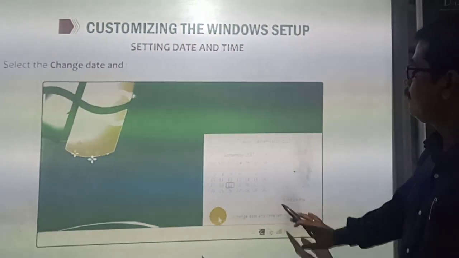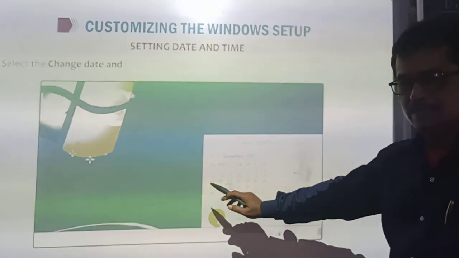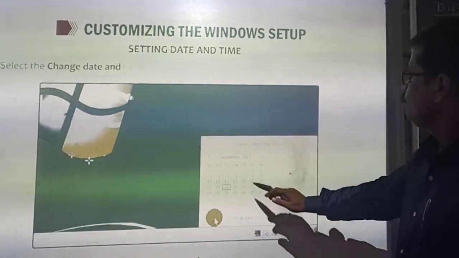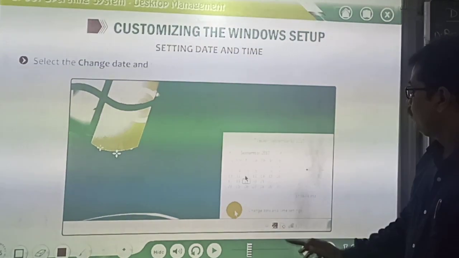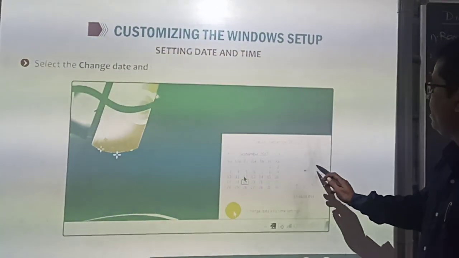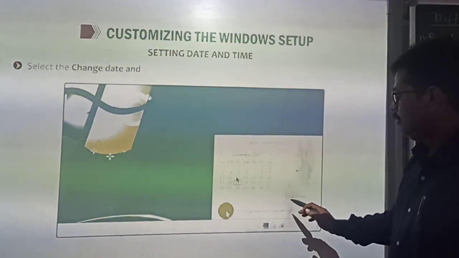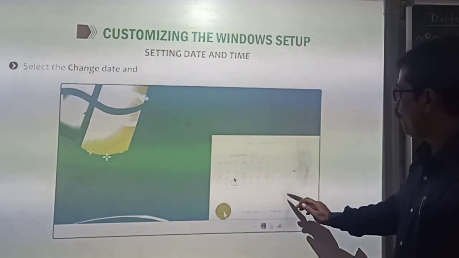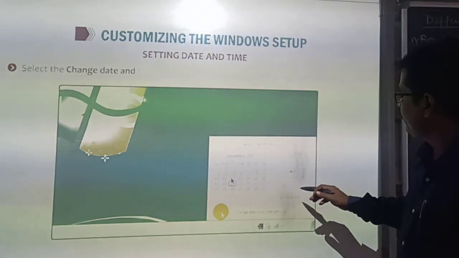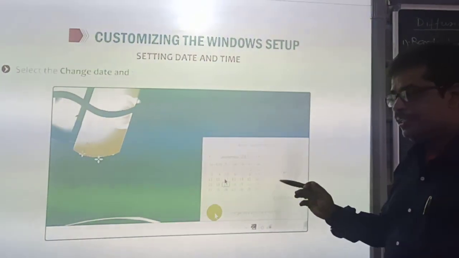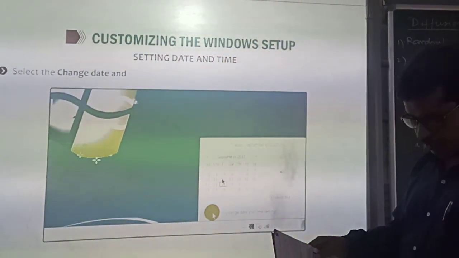Okay, from this window you have to select the date by clicking. Okay, when you select the date, that date will be highlighted with a box. Similarly, you can change the time by giving the time in the box, or you can type through the keyboard, or by clicking the arrows you can increase or decrease the time, which is given on page number 18.